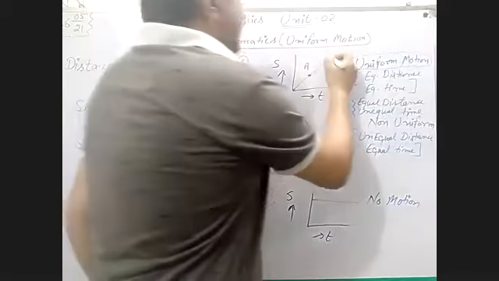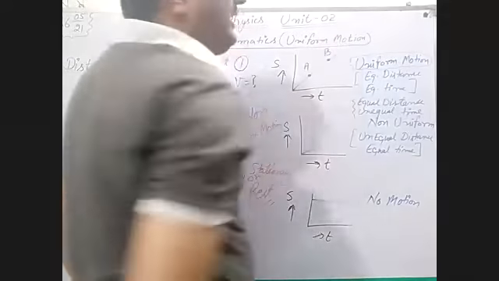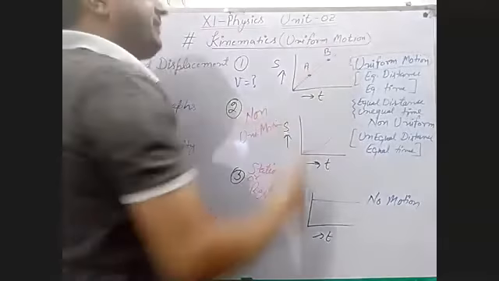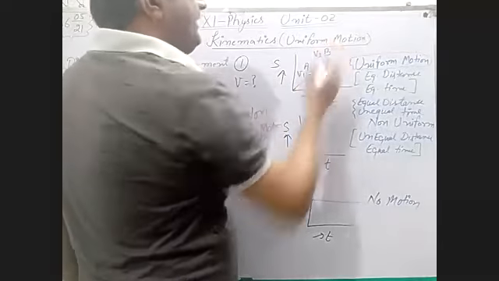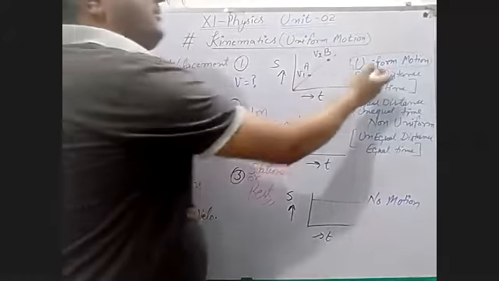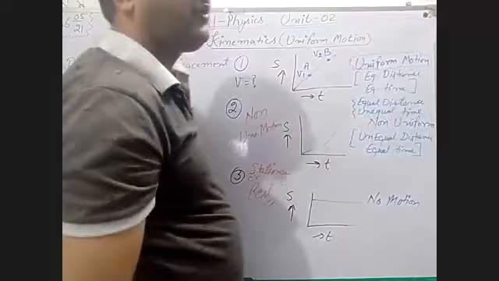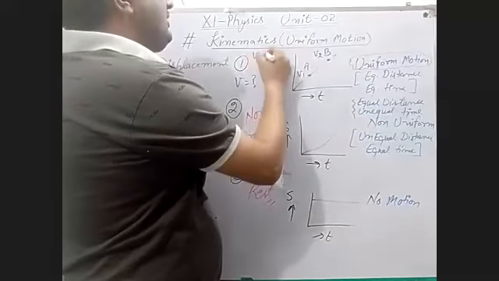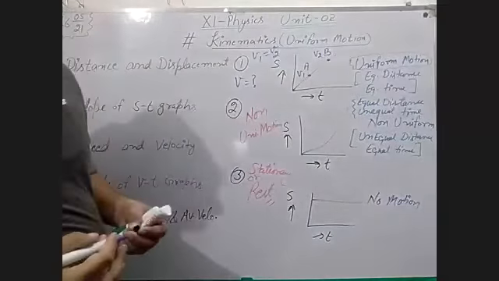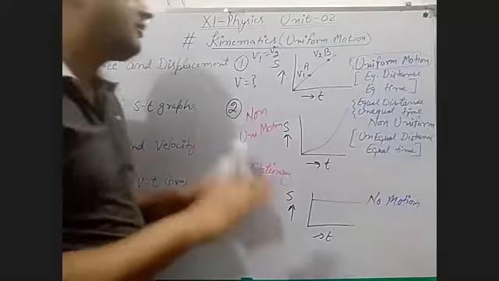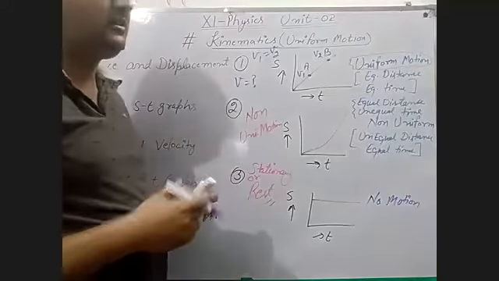And now the other point is B here. What is the value of velocity at point B? Our answer is the same, because this motion is uniform and the value of V1 is equal to V2 here. But how can you determine this thing? Graphically, how can you see this thing?